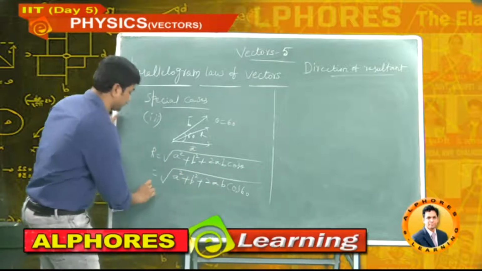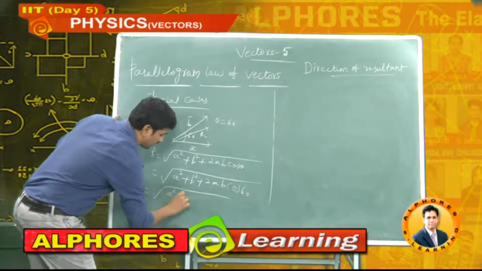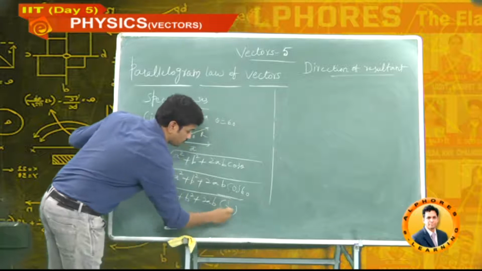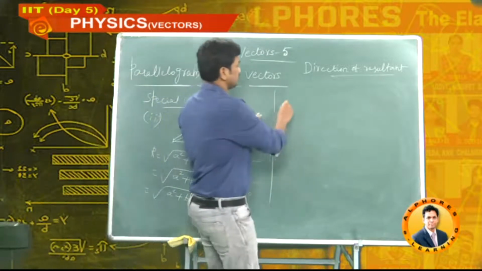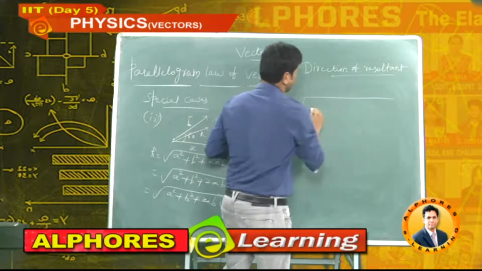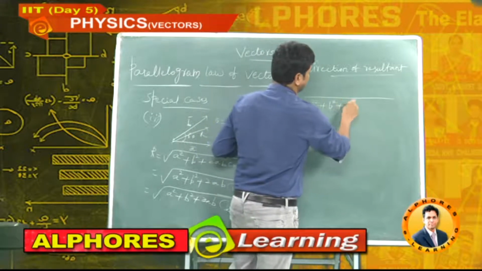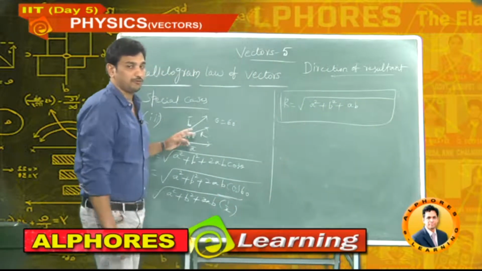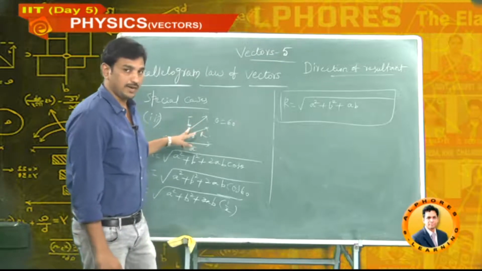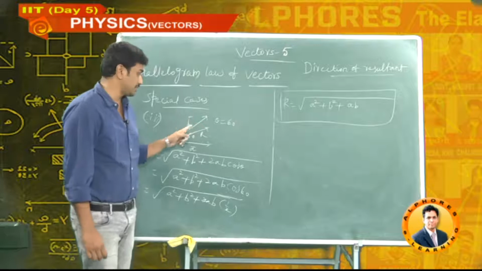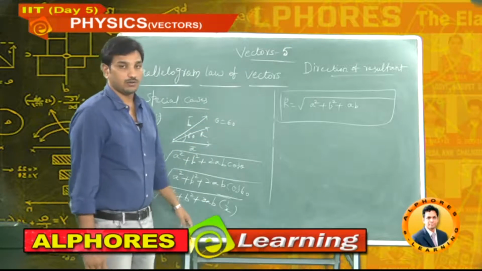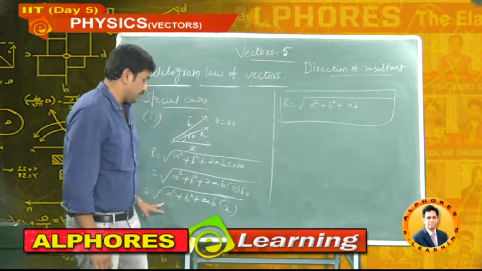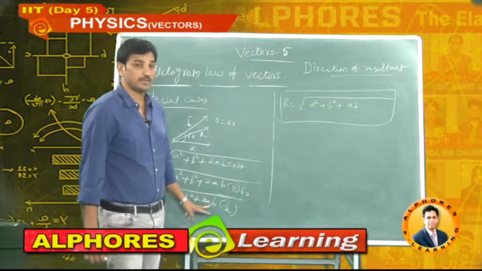Now here substitute root of A square plus B square plus 2AB cos 60 value 1 by 2, 2 to cancel. Now what is the answer now? R is equal to under root A square plus B square plus AB. This is the magnitude of resultant of two vectors A bar and B bar when they are having angle of inclination or angle between the two vectors is 60. Answer R equal to root of A square plus B square plus AB, because cos 60 value 1 by 2, 2 to cancel.